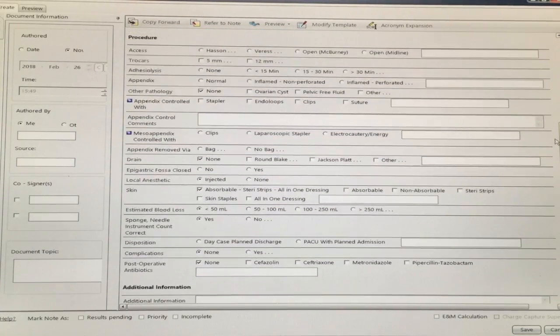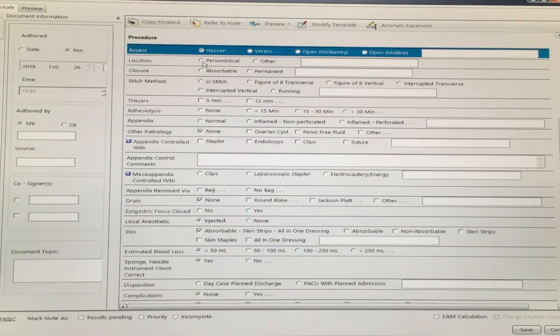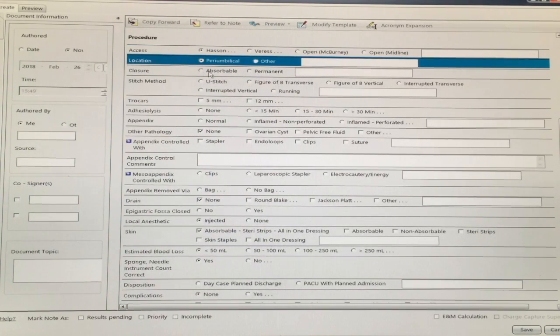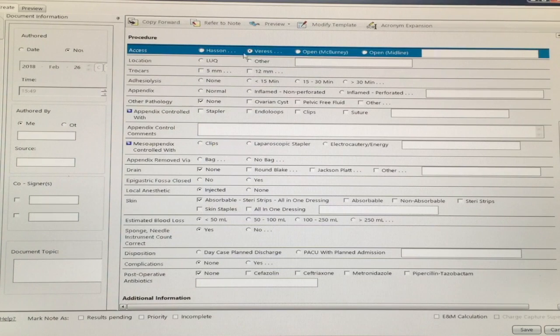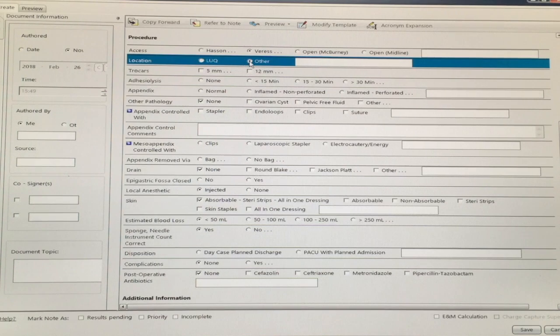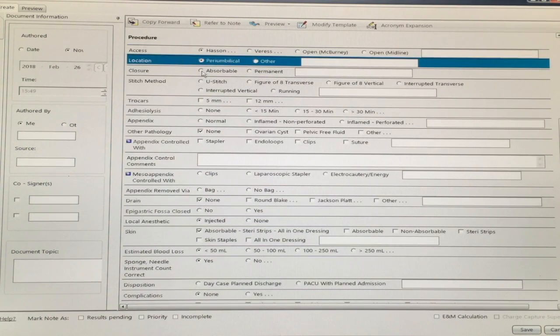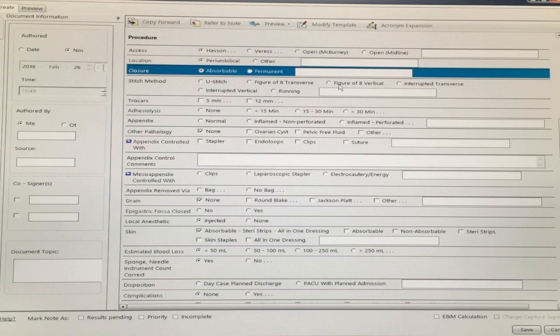For the procedure itself, you'll indicate your access. So if you had a Hassan trocar placed in a periumbilical position, and how you close that Hassan trocar, say with absorbable sutures. If for some reason you used a Veress needle instead, you could choose the left upper quadrant for the location or another location. And then there's also options for open procedures. It also asks you how you closed the Hassan